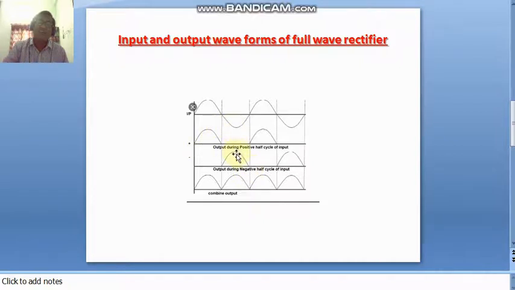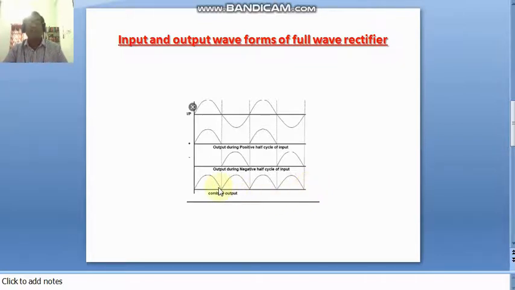It is converting into a peak. This negative is converting into this peak. So this is the output waveform of the diode. The first output and second output come from diode 1 and diode 2 and combine with each other. Then the resultant output of these positive and negative peaks is like this. So this is the combined output waveform.